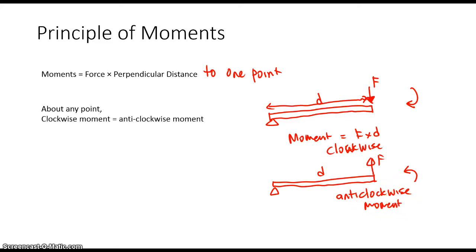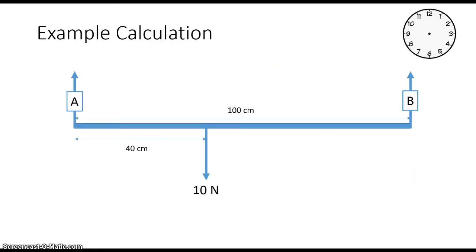So here we go. We have enough theory to actually predict the readings on the scale. There are two scales here, A and B. Let's pretend that we fix a pivot at scale A. Remember, we can fix our pivot anywhere. So we fix our pivot at scale A. Our 10 Newton load is here, and our scale B is here, so 10 Newtons and